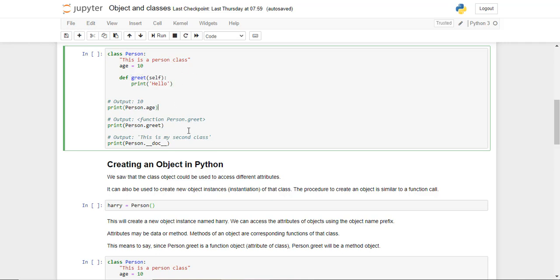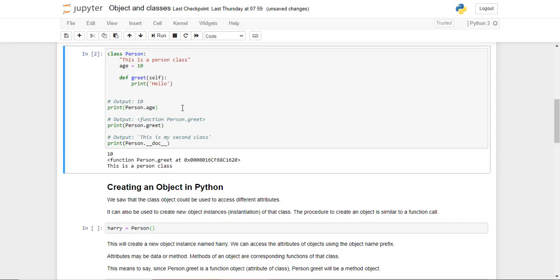So when I run this cell of code, it's going to first create a class for me, and then using the class Person, I'm going to refer to the attribute age of that class. So here we have defined age as 10. So this is a sort of default setting or an initialization. So when we call person.age, the dot separator is the one which we are using to reference the age attribute of the class Person. Then we get the outcome 10, which represents the value that is present over here.